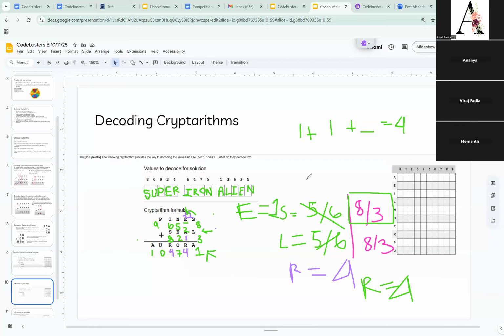Okay, does that make sense to everybody? Yeah, okay. Do you guys have any specific questions? Something that was confusing in this certain cipher? No? Okay. On a scale of 1 to 10,